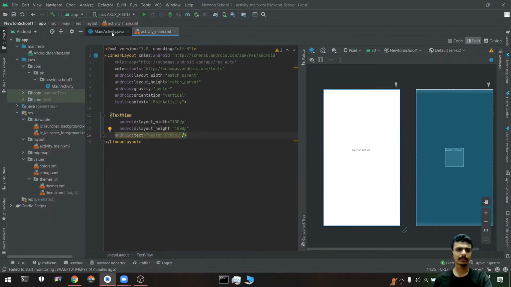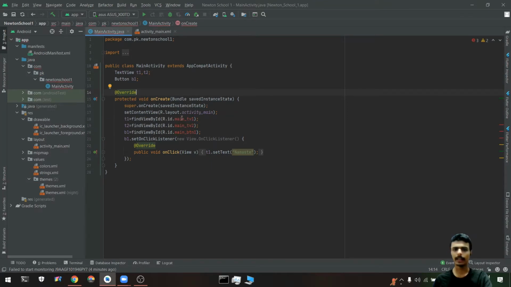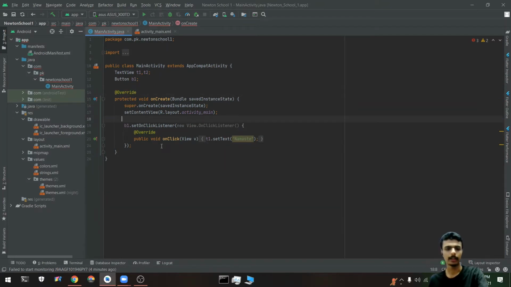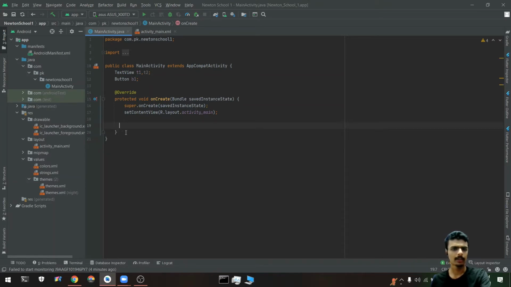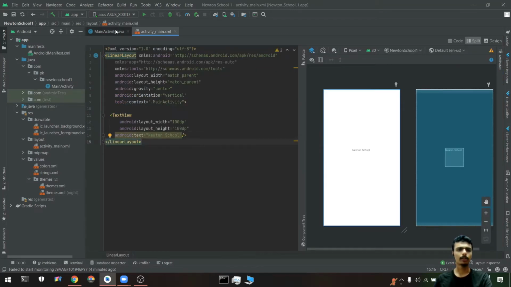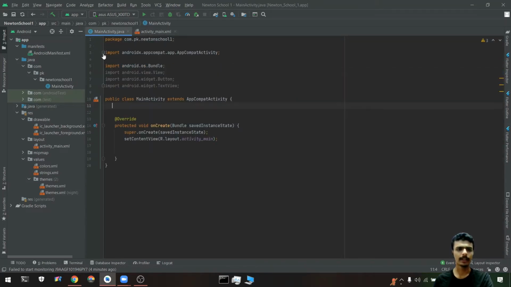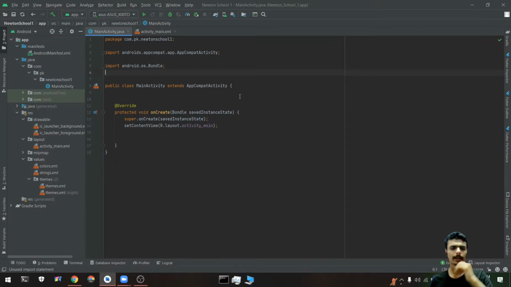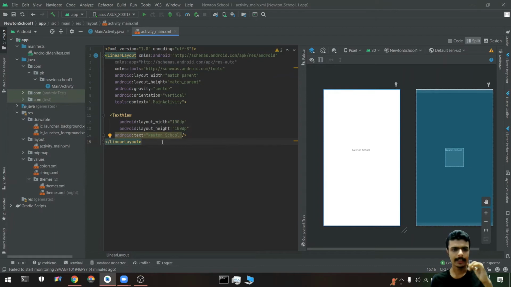It may be showing some error also because I've deleted all these layout files, so it might be giving some issues. So I will quickly remove this part, and we do not need anything in this. We can just quickly clean this part, and also this, no need. Also some unused imports are there, right? They will be shown in gray colors, and you can quickly remove them easily. Okay, fine. So here is our text view.